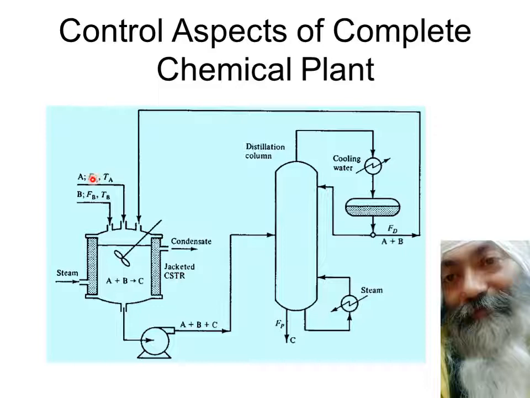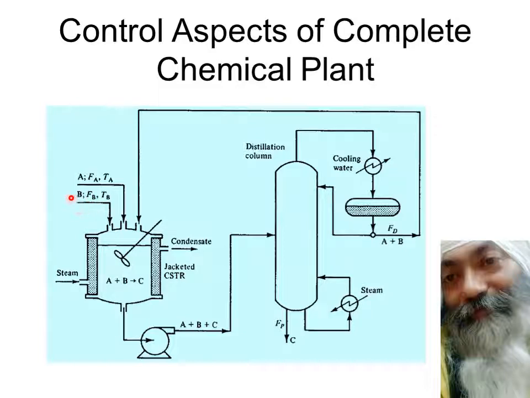It's very important. I will be giving all these things in text later, but it's important to understand. Second, there is another input going in, because in a CSTR, as I told you earlier, there can be a large number of inputs, but in this case we have taken only two because the reaction is A plus B giving C. In the previous case, we took A converting to B and converting to C. There was only one input A, but in this case, we have gone one step ahead and taken two inputs, A and B. The B part is coming from here, and its flow rate FB can also be controlled.